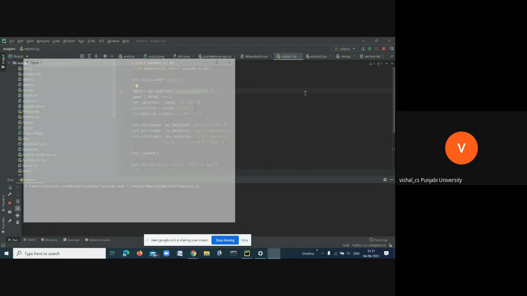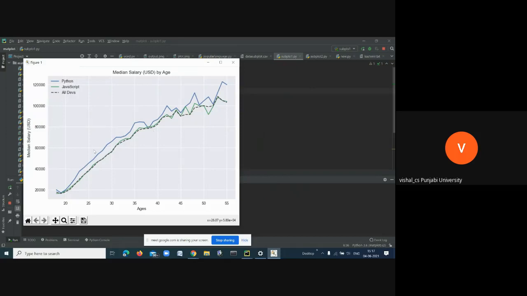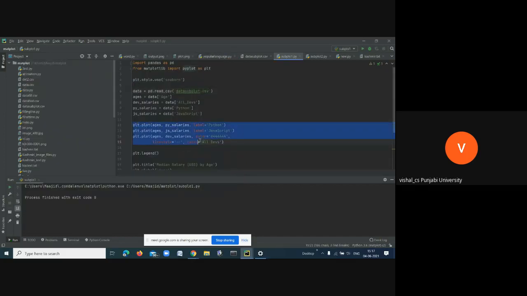Simply, it will draw 3 lines. We have seen this plot before in previous classes, and you'll see there's no difference. The only thing is that here we are using the pyplot object to draw these plots. In today's class we'll discuss how to use the subplot method to draw plots. I have simply used the pyplot method here, similar to what we used in previous classes. Is it okay?